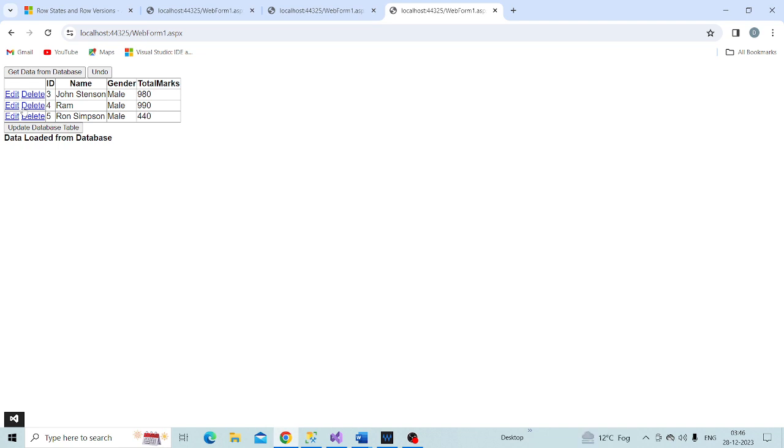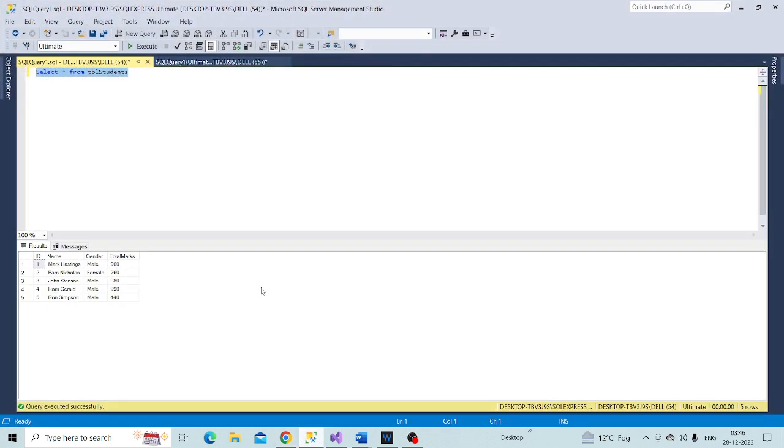Okay, at the moment all these changes are done only within the data set. So if you look at the data here, in SQL Server Management Studio,